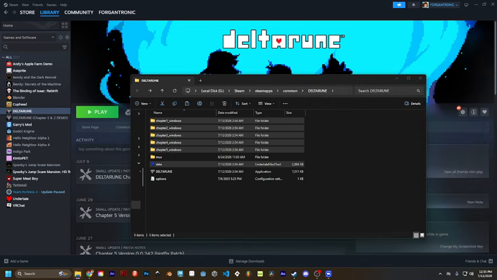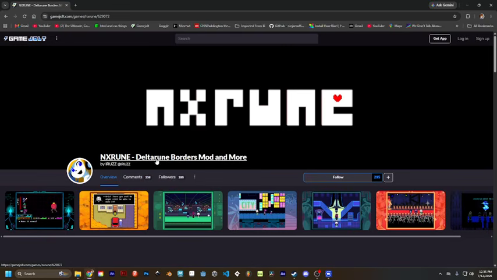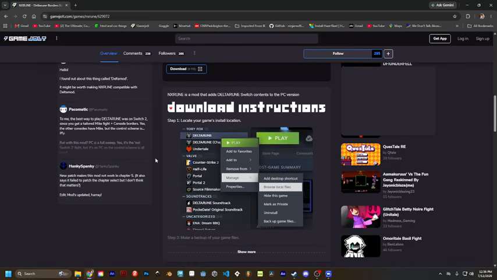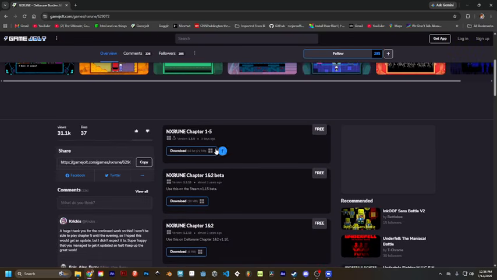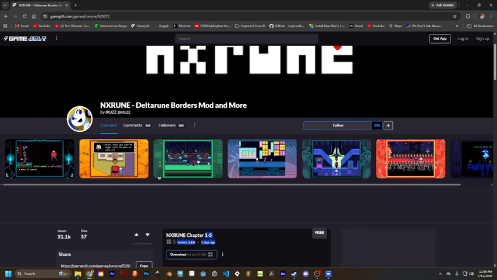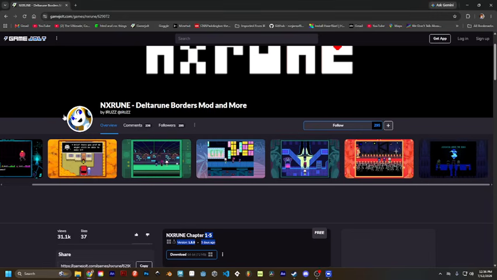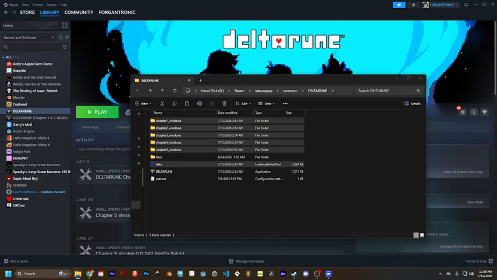to do that. Next thing we're going to do is download a mod called Rune. I think that's what it's called. That just adds in the borders on its own. It's completely supported with chapters 1 through 5 at the moment, which is awesome. So yeah, you want to download that, and then you should get an unzipped file in your